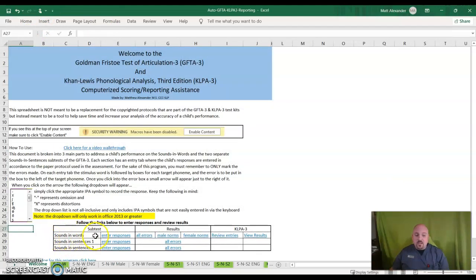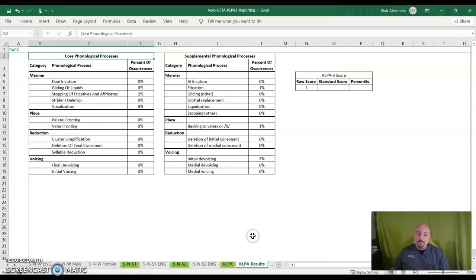Lastly, for the Sounds and Words, after you have all those things entered in, you can come over here and hit View Results under the KLPA, and that will generate a nice little table for you to do a screen capture and put into your report of the various phonological processes that are observed. It also calculates that raw score for you so that you can look up the standard score and percentile score of the